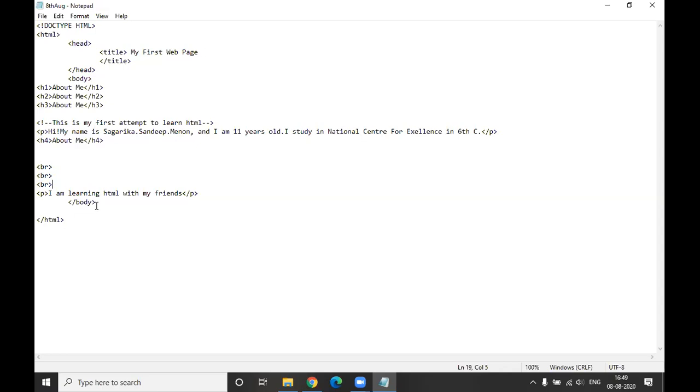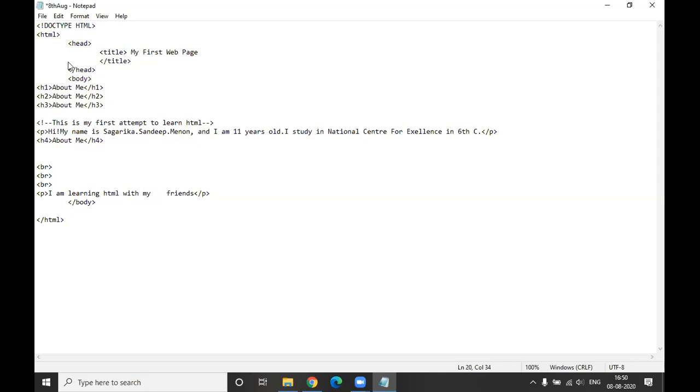Then for this particular paragraph, suppose we want to make sure between "my" and "friendship", there are 4 empty spaces. Can you go and click inside this and click on the space bar 4 times, if you want to have space between these 2 words? You have done that? Okay, very good. Now save it and see on the web browser.